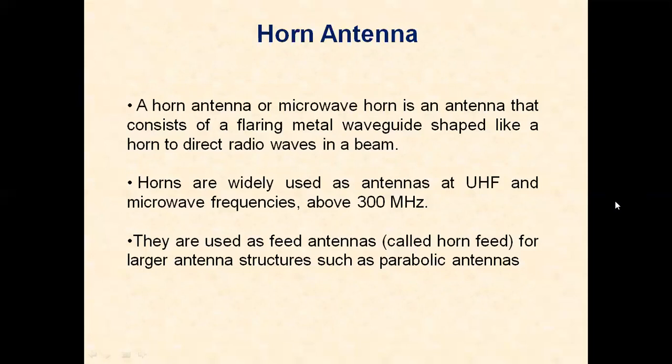It is an antenna that consists of a flaring metal waveguide shaped like a horn to direct radio waves in a beam. That means the dipole is an opened out transmission line which has the total length lambda by 4 and